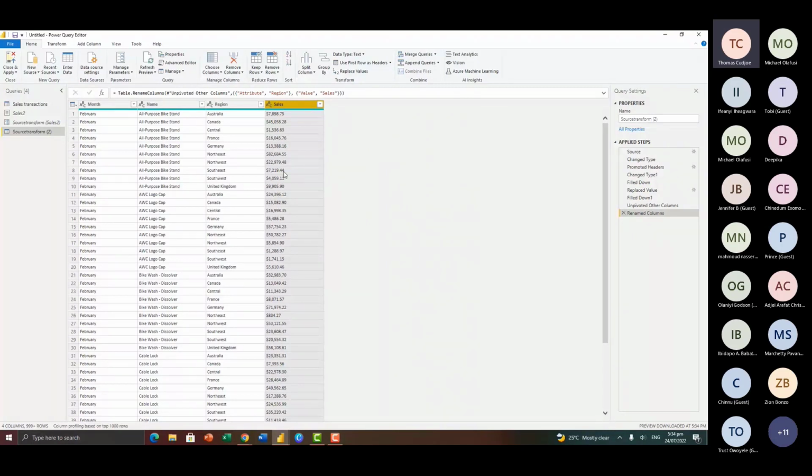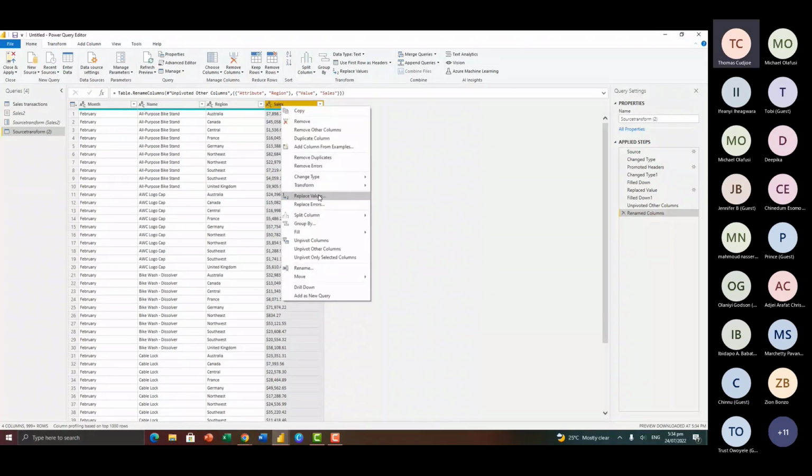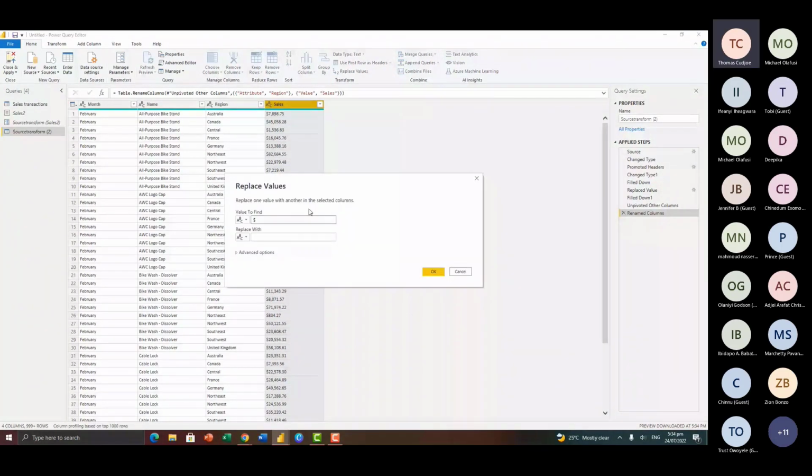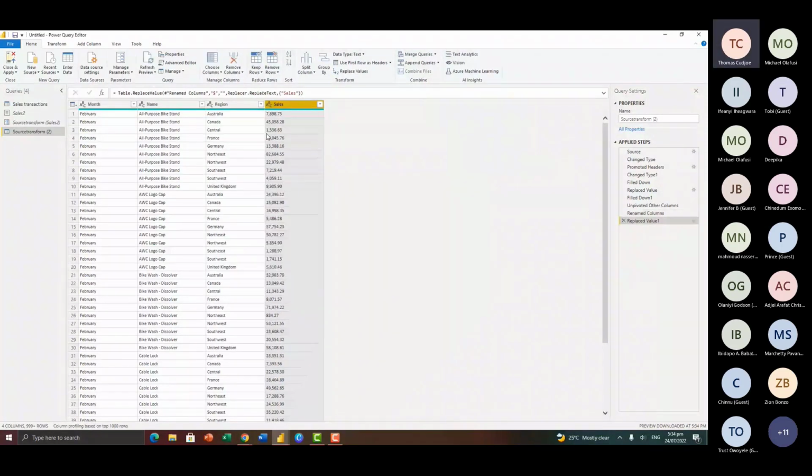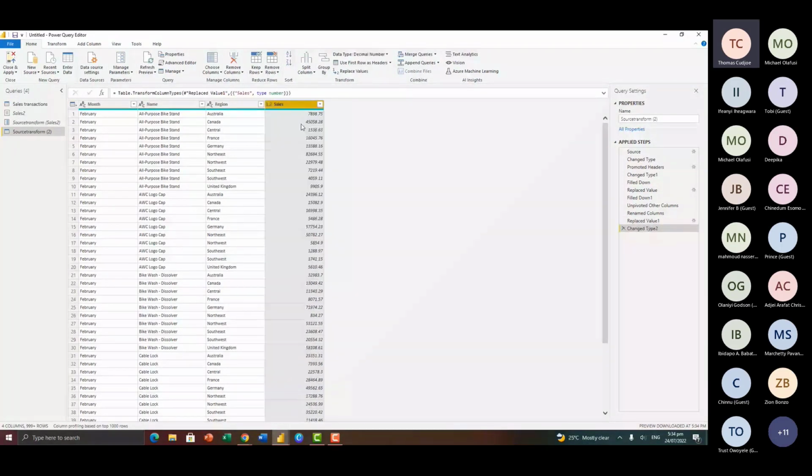Now, what I want to do is to convert this into decimals. So I'm going to click on this decimal number. Now this gives me an error. So here, let's reverse this. Now the reason why we are getting an error is because of the dollar sign. So what we are going to do is to find and replace the dollar signs. So I'm going to right click, replace values, and I'll pick dollar. And I'm not going to replace it with anything. So here I'm going to leave this blank and then click OK. So now we have this here. I can then convert this into a decimal number. So that's how I want to format my data.